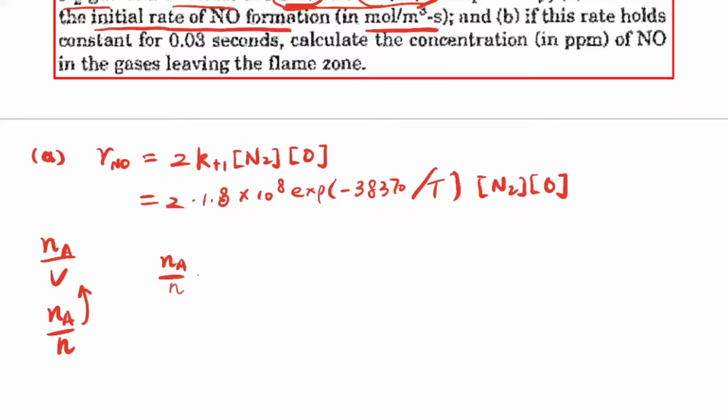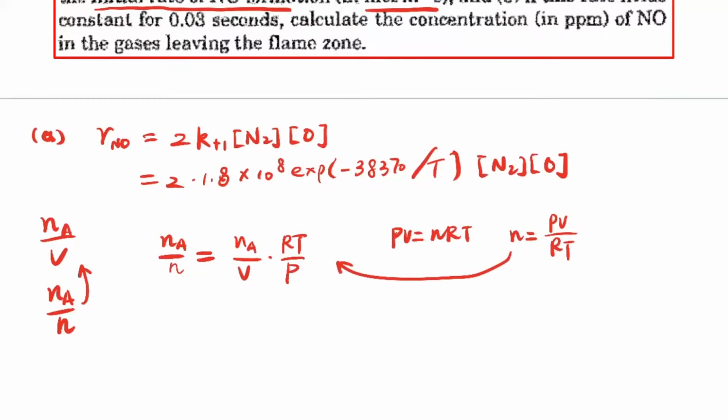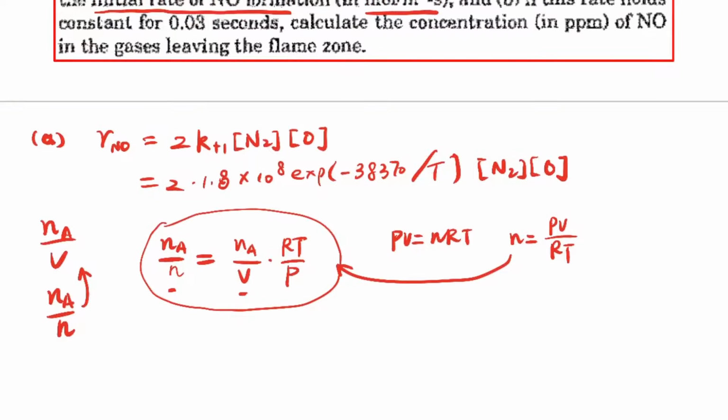NA divided by N is going to be equal to, first we know PV equals nRT, right? So that's why n is going to be equal to PV divided by RT, okay? So if we plug that in, that's going to be NA divided by V multiplied by RT divided by P, okay? So if we plug this in here, we can get a direct conversion from the mole fraction into the mole concentrations or the absolute concentration,